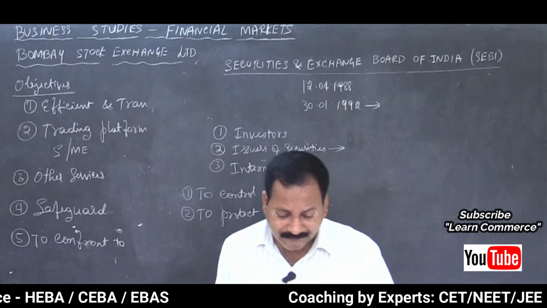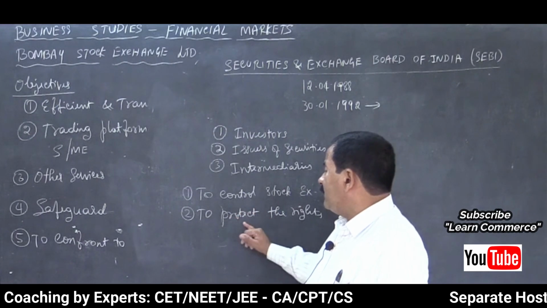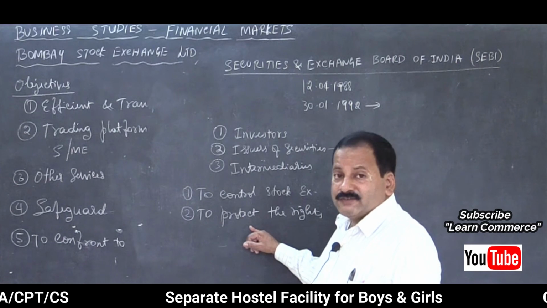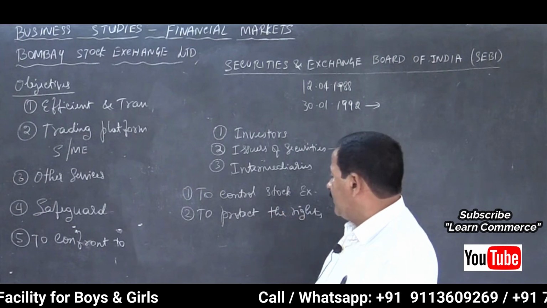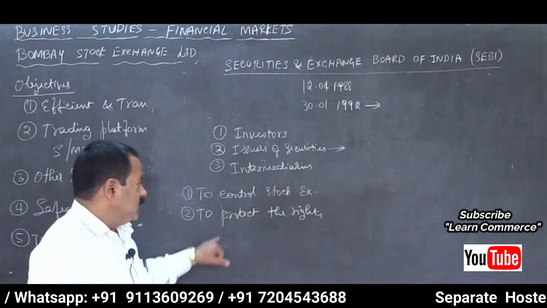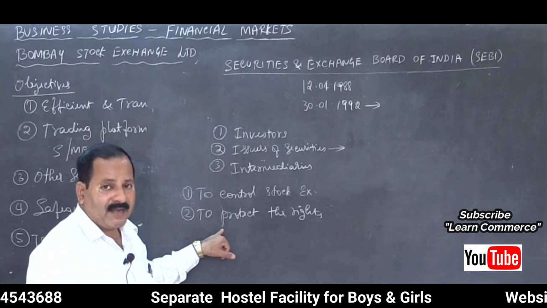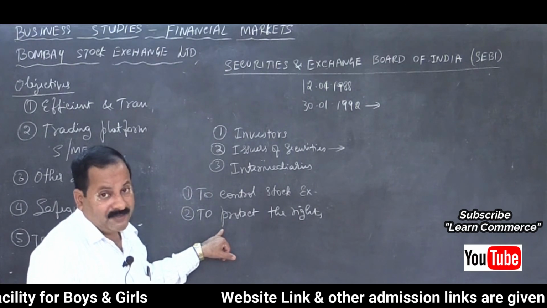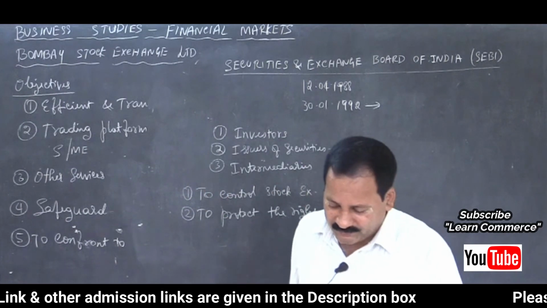So here the stock exchange, the SEBI will guide them, it will educate the people, will give training on how to assume risk, how to earn money, and how to minimize the risk. Regarding that, the qualitative information, after doing some research, they will provide this information so that the investor's interest is protected. And the investor will invest, he will get maximum return with minimum risk. So this is another objective of SEBI.